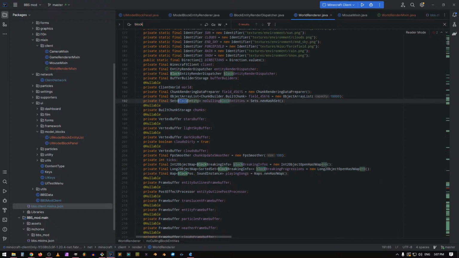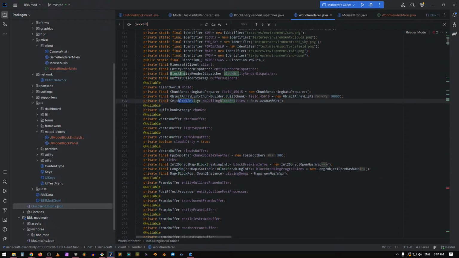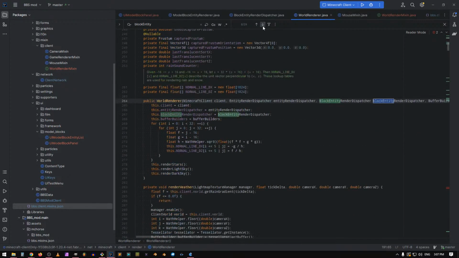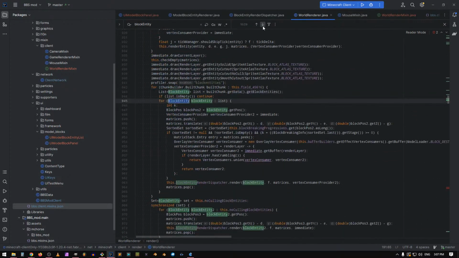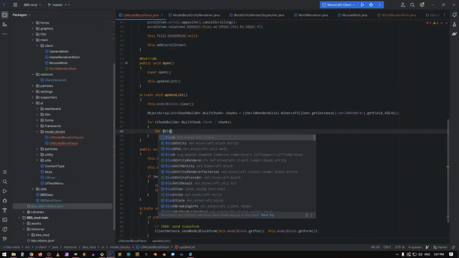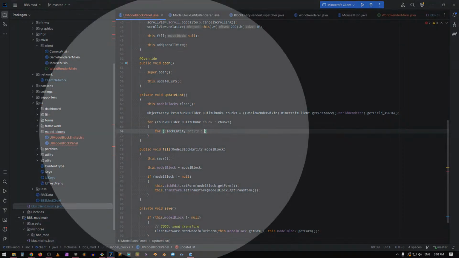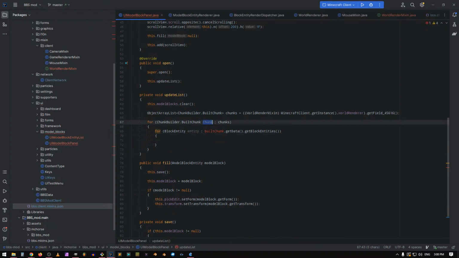Block entity. Block entity. Someone was here. Render here list. So get data this thing. Then I can go over block entity. And then if entity is instance of